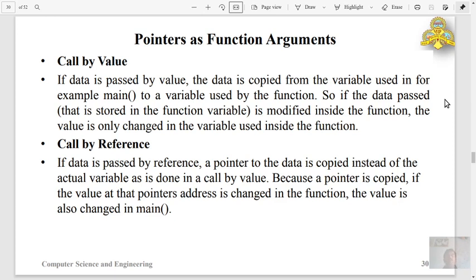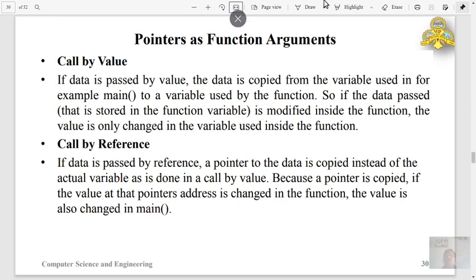Variables declared inside the function are known as local variables, and variables declared outside any of the functions are called global variables. So passing a value to a function is known as call by value.